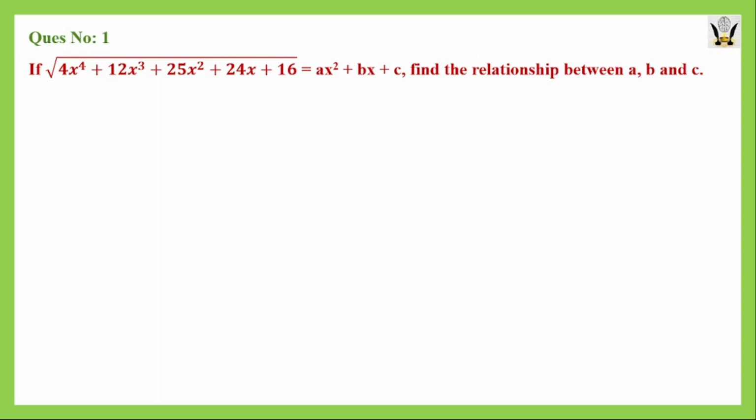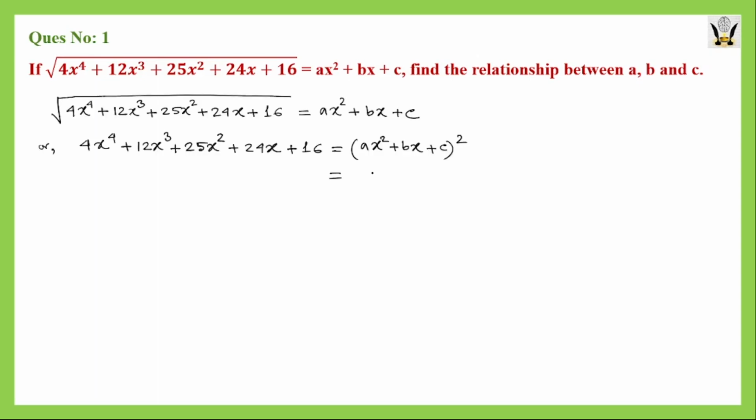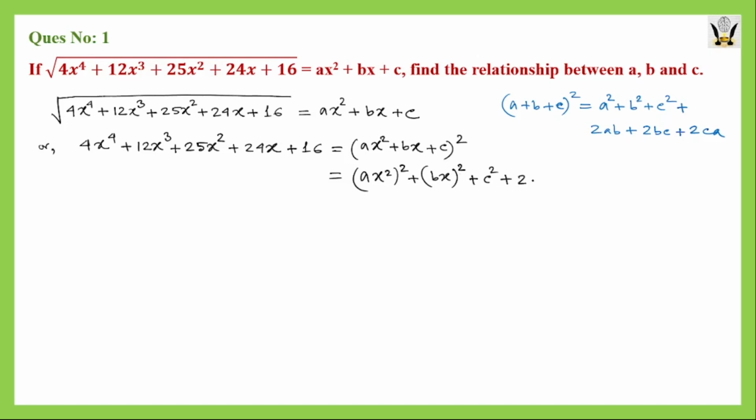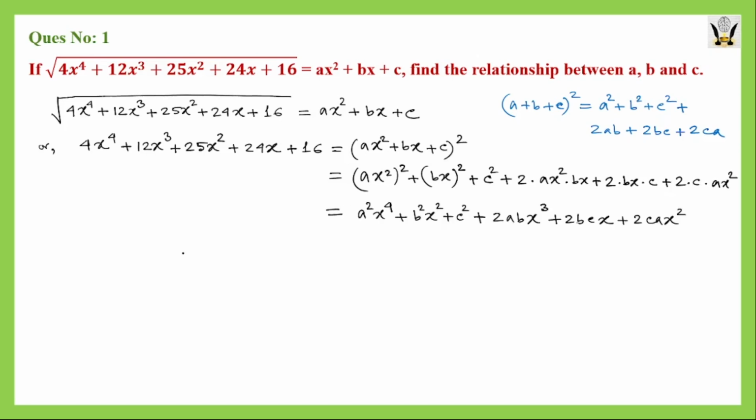So what we will do first is we will square both the sides of this given relationship, and by squaring, here on the right side we will apply this identity. So here it will be (ax square) whole square plus (bx) whole square and then c square plus 2ab, here a is ax square and b is bx, plus 2bc, so 2 then b means bx, c means c here, and then 2ca, with a meaning ax square. So by simplifying we get finally,